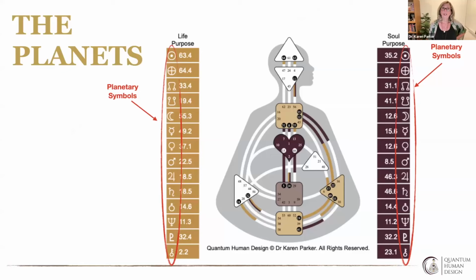All right, let's review briefly the themes that the planets bring us. This is part of what I really love about human design, because to me it's so simple compared to astrology, which still confounds me, honestly. When we look at the chart, you'll see, on the right and left-hand side, all the planetary symbols. Each one of those planets has its own theme.